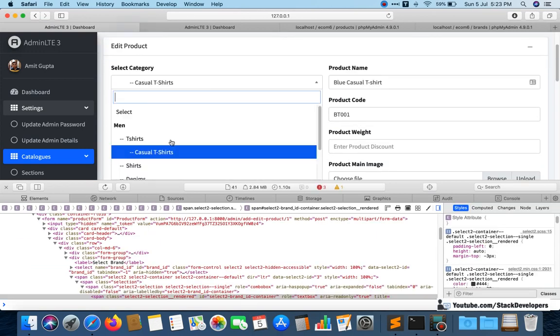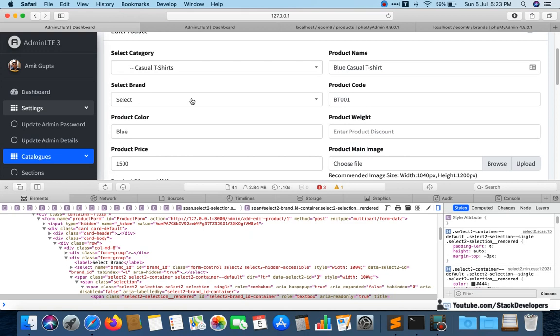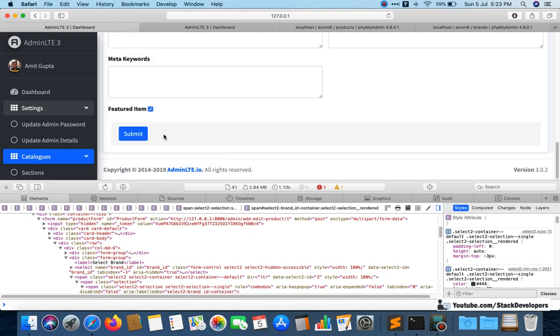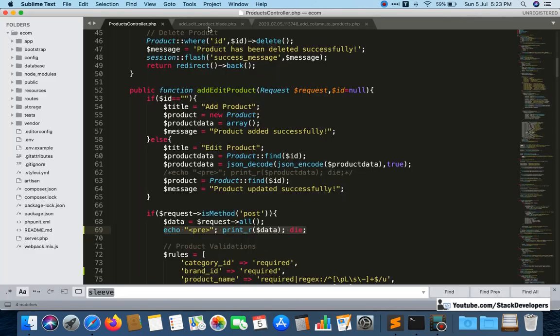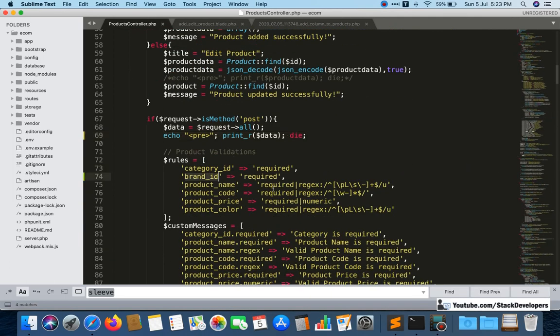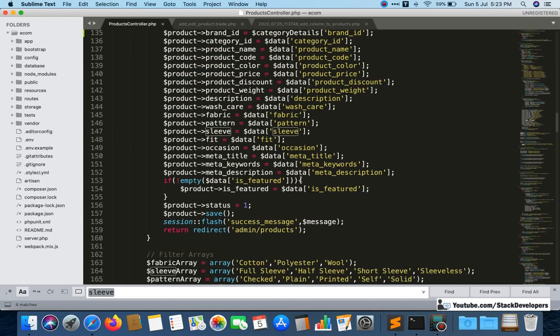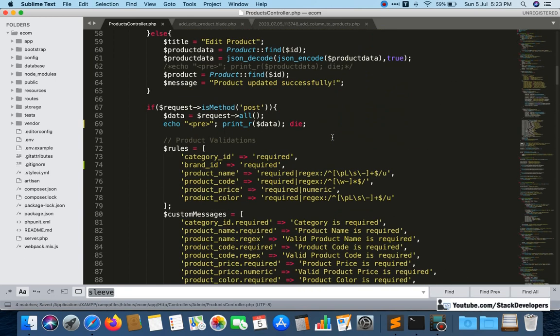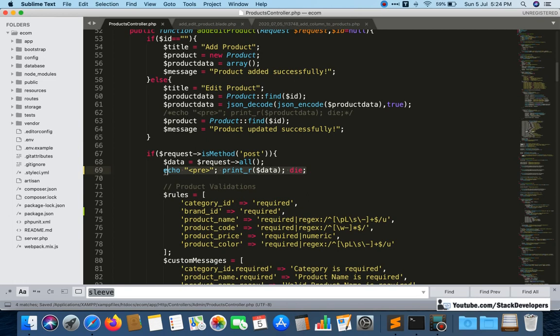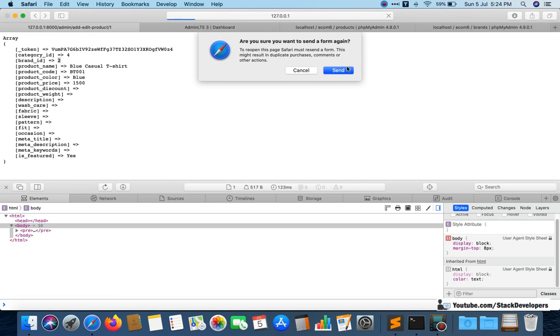Now I'm going to select some brand here, like Lee. I have selected it this time, submit, and you can see the brand_id is coming up too. That is fine this time. Now I want to make sure that it gets added. So brand_id here, and I want to add this brand_id. Sorry, here I have done it wrongly. Here data will come up. Now see, it must get added. I will just comment it once again. Now I will try, I will refresh and send.